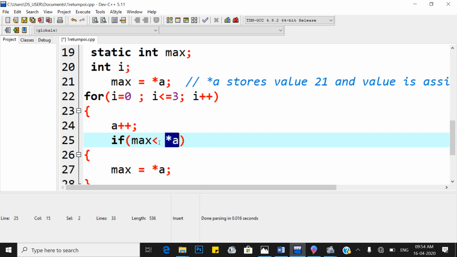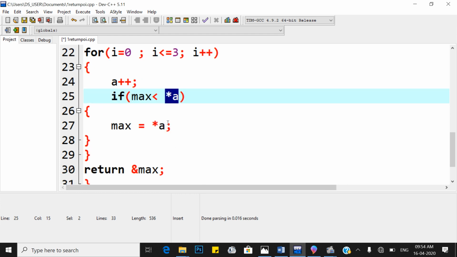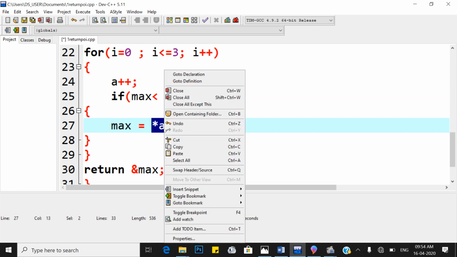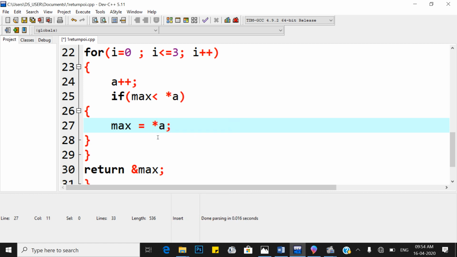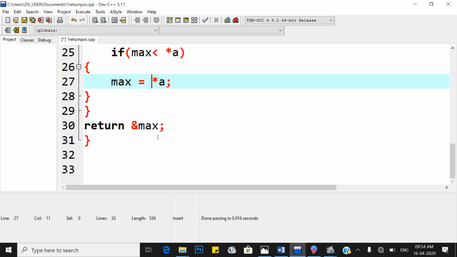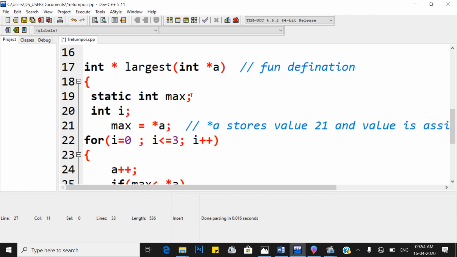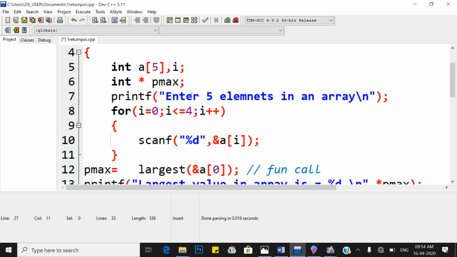If max is less than *a, that means *a is the max. So assign *a's value to the max variable. Understood? This is the logic, and the loop continues till the array elements are finished.